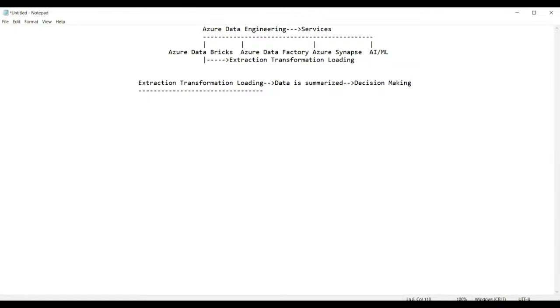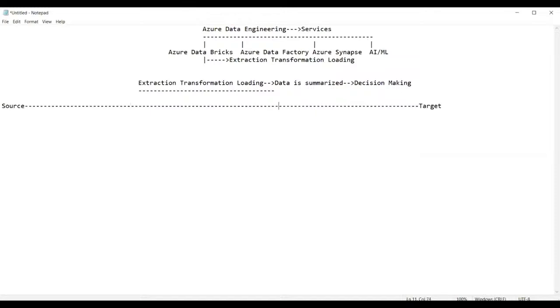This process of extraction, transformation, and loading basically requires the following: a source, and the next one it requires is a target. Now guys, what is a source and what is a target?